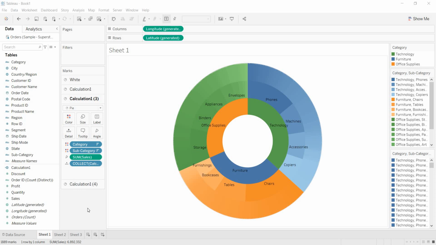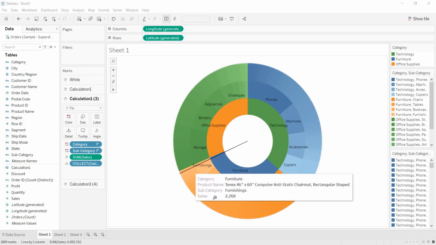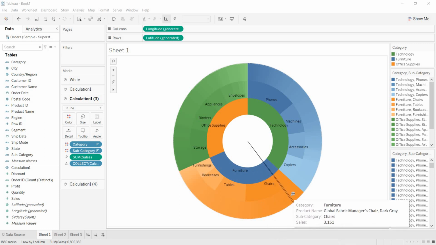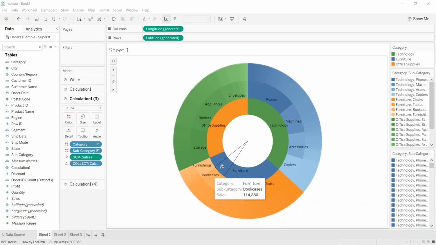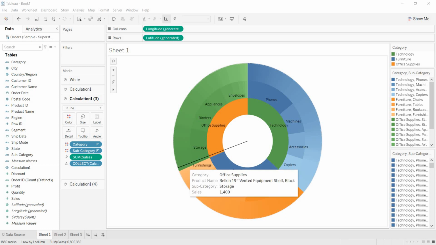In this video, let us talk about layered donut chart. What I mean by that: here you are able to see this, right? So here we are showing categories and subcategories, and the third layer is for the product names. Product names that belong to those subcategories and that belong to those categories. Here we are showing three layers of donut chart, layered donut chart.